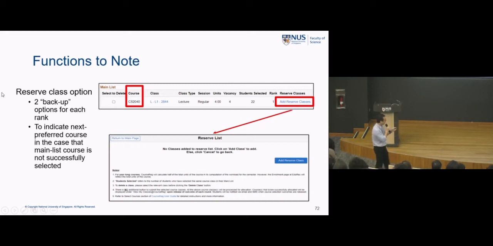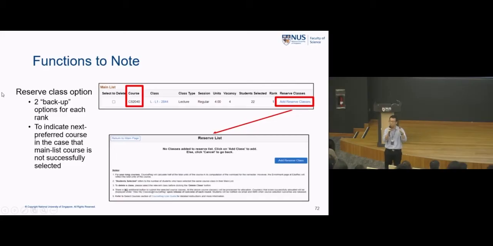Now, this is not compulsory. You do not need to add reserve classes, because you may be of the thinking that if I'm not successful for my first rank, I want to reconsider my position before I decide in the next round whether I want to choose something else. As opposed to sometimes students that say, if I can't get this, just give me the other one, I'm fine with it too.